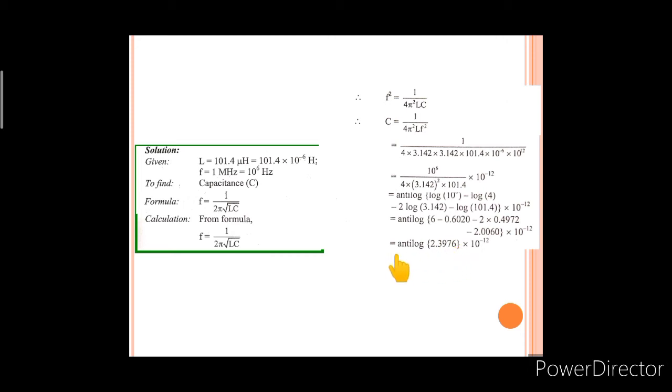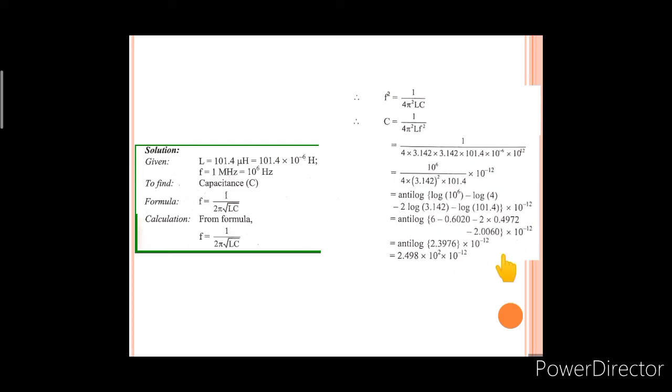So the next step is to be written as anti-log 2.3976 into 10 raised to minus 12. Then we have to take the anti-log of 2.3976, which would be 2.498 into 10 raised to 2. And 10 raised to minus 12 we are supposed to multiply with it. Then when we calculate, we are getting the value as